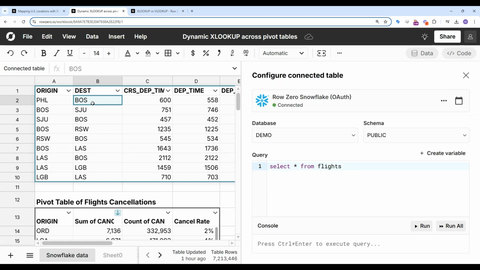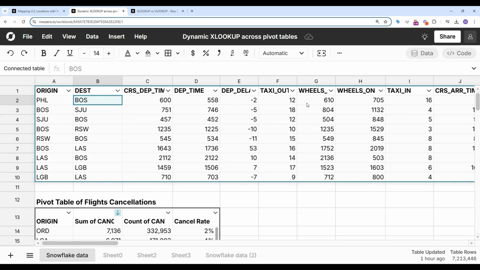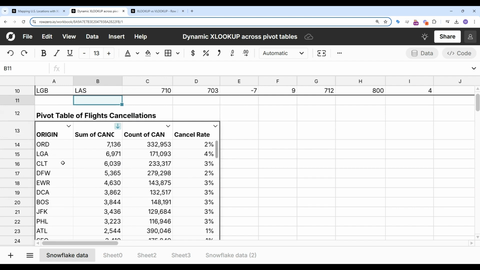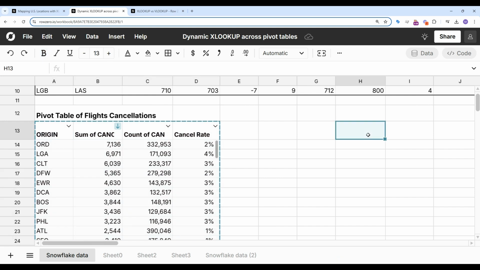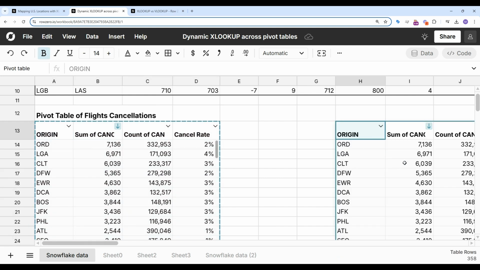So I've imported a data set from Snowflake, and it's a pretty large data set. It's about 7 million rows of every US flight over the course of 1 year. And I've built a pivot table to look at flight cancellations, and it looks at each airport and the number of canceled flights and the cancel rate. And I have a hypothesis that the cancel rate is going to be higher with early morning flights, and I want to test that. So I'm going to copy this pivot table, paste it over here,